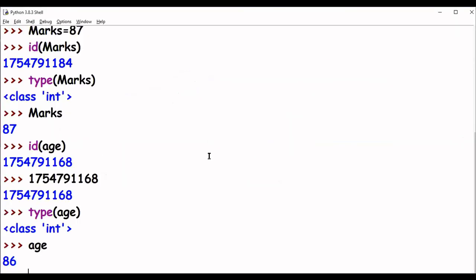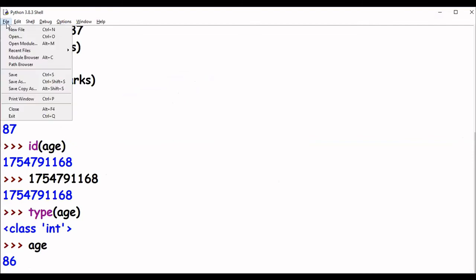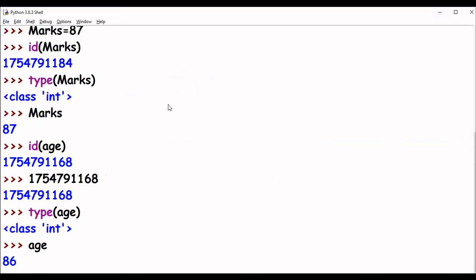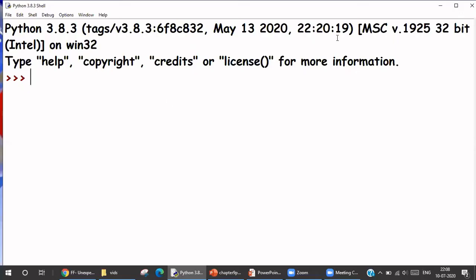Over here, I had shown you ID, type, and value, the 3 components of any variable. Now I'm going to show you a file type. In file type, I'm going to show you examples of every data type, starting with numbers. The first one is integer.